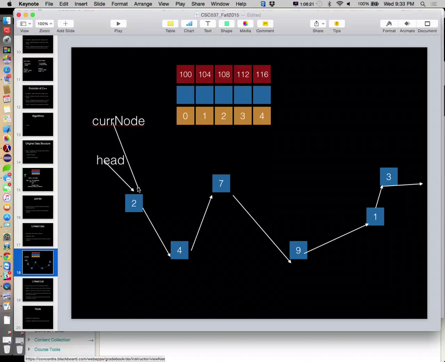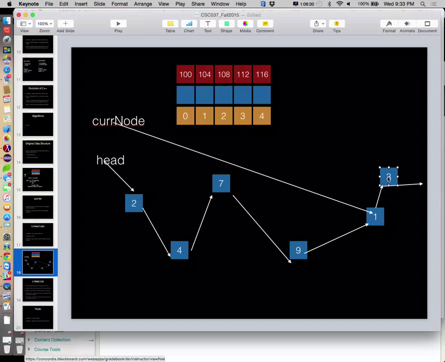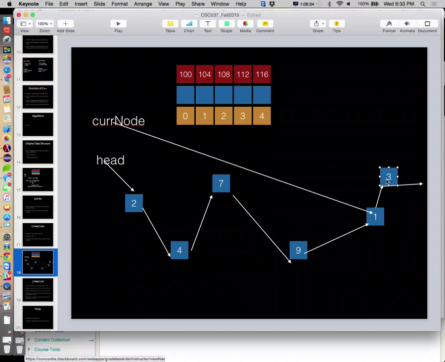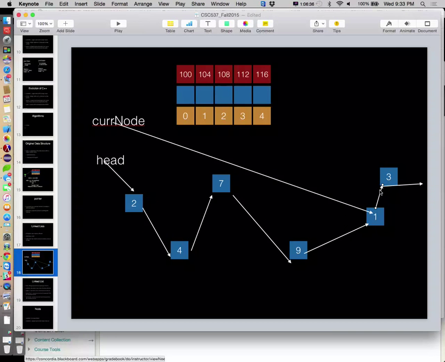Instead, Cur Node might be pointing to this. And what do we want to do here? Well, we want to go ahead and preserve this guy so we can return his payload. Then we want to disconnect Cur Node from that guy and then return the payload.